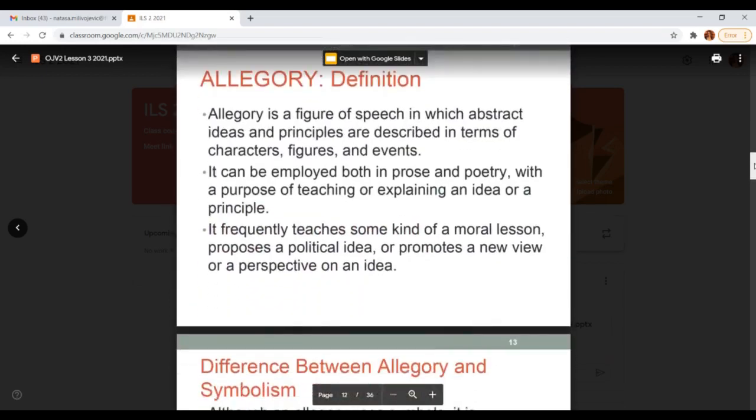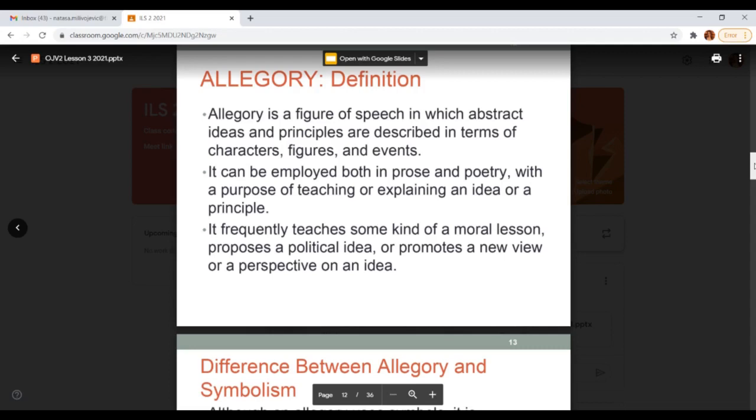Okay, moving into allegory, which I'm expecting most of you to be familiar with, probably from some earlier literary class, at least as a figure of speech. We define it as a figure of speech in which abstract ideas and principles are described in terms of characters, figures, and events. It's especially frequent in fables, where you have different animals standing for different symbolic principles, often personified as people, so they talk and have emotions and